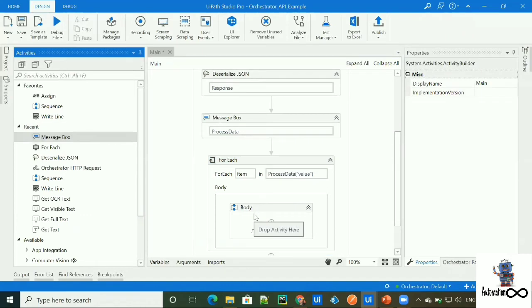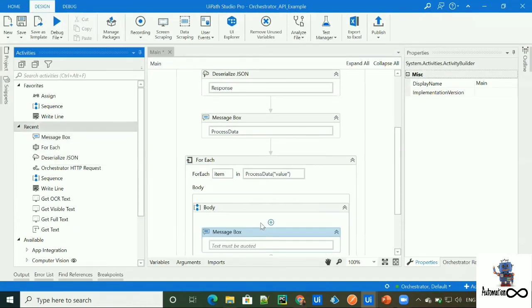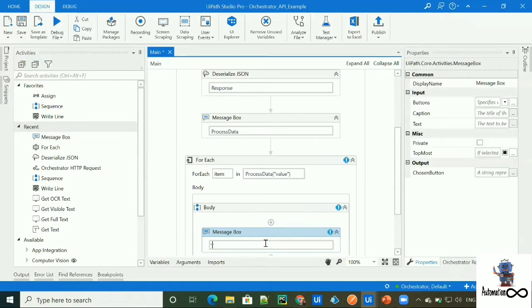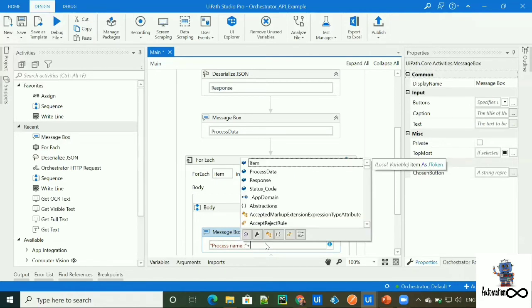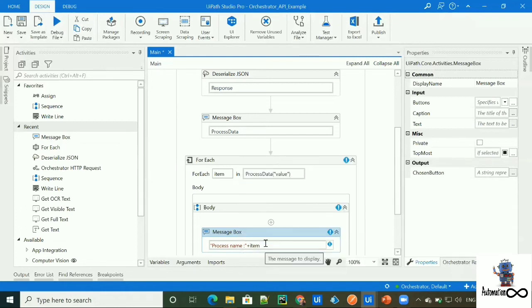Then we are going to simply print our ID and version of a process in a message box. To print that, process name, to access the process name, we'll be accessing item of ID. So this will give me a process name dot toString.